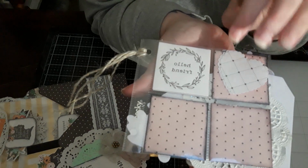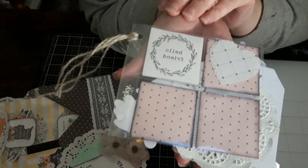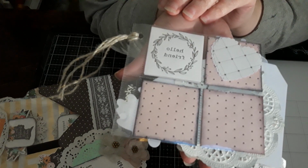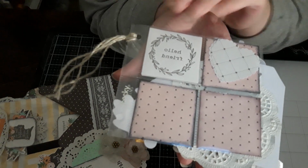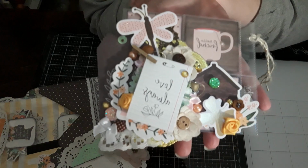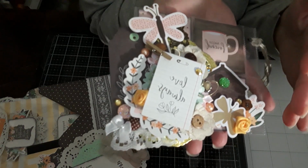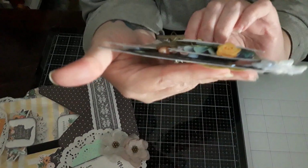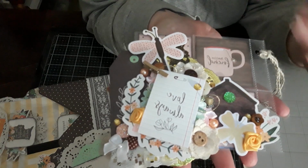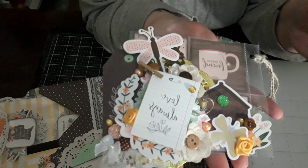When I see different sized sleeve options at Tuesday Morning, I grab them. It's not that I don't like the standard mini pocket letters, but you know, I'm kind of non-traditional with any pocket letter. I've outgrown the baseball card sleeve, so that's why I do the super chunky embellished pocket letters. And I just love doing them. So when I do a large one, I do stick to that baseball card sleeve, but when I do minis,